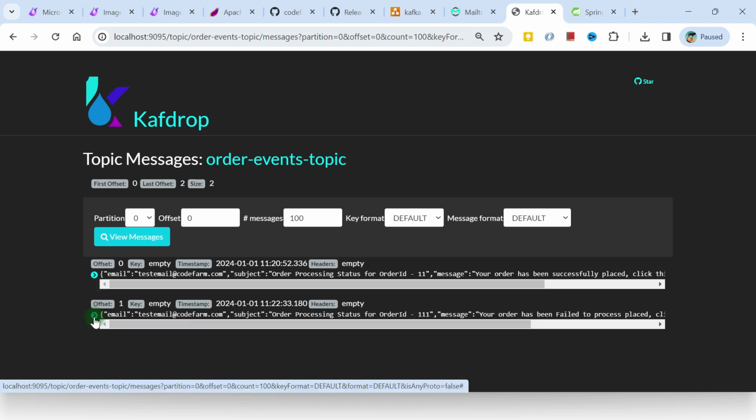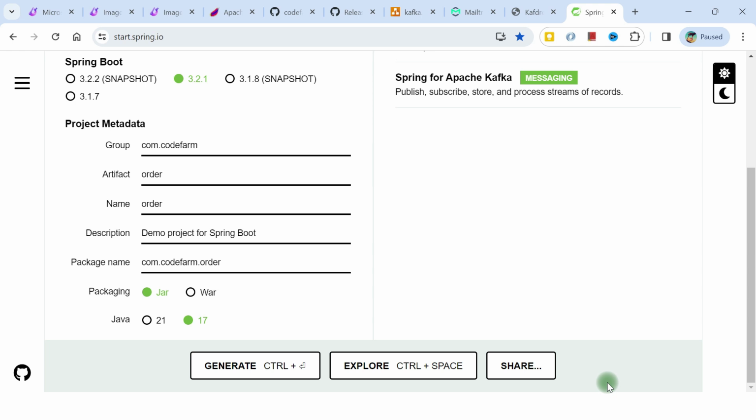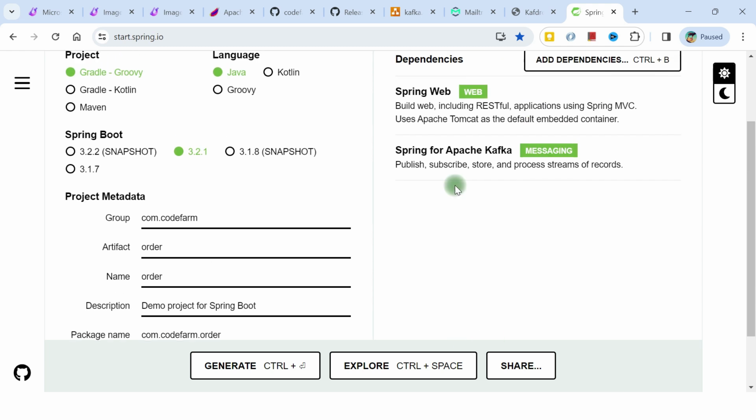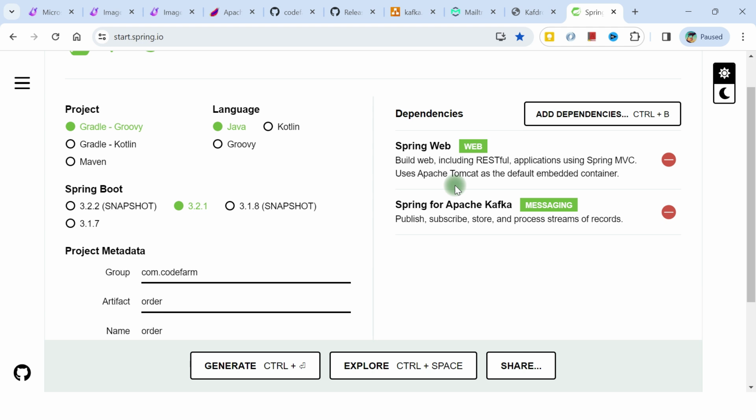All right, so now I have to write a consumer that can process these events. So the producer service has done its job. Now it's the consumer service that needs to do its job. So now let's go ahead and create the consumer service, that is the notification service. The notification service is going to be just a consumer, we are not going to have any REST endpoints in it, but just the Kafka consumer, and one more functionality to send the email